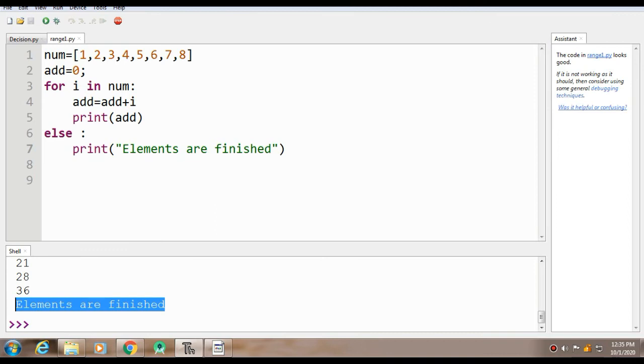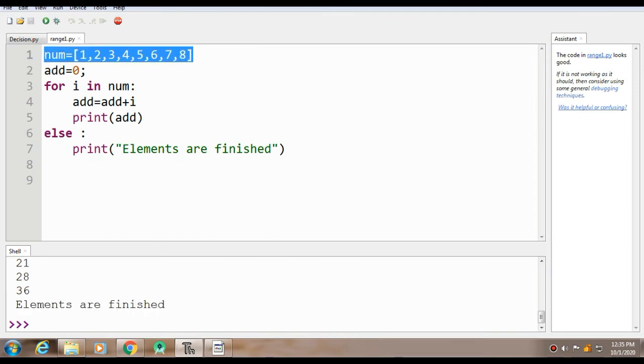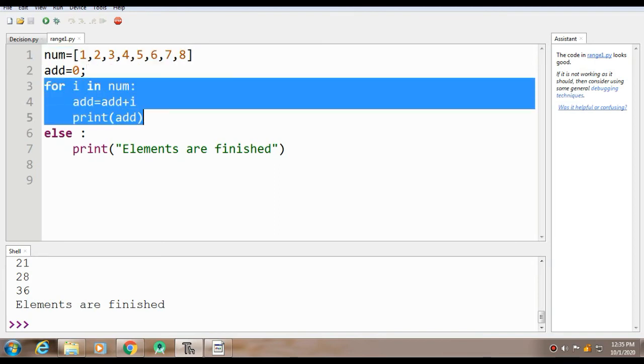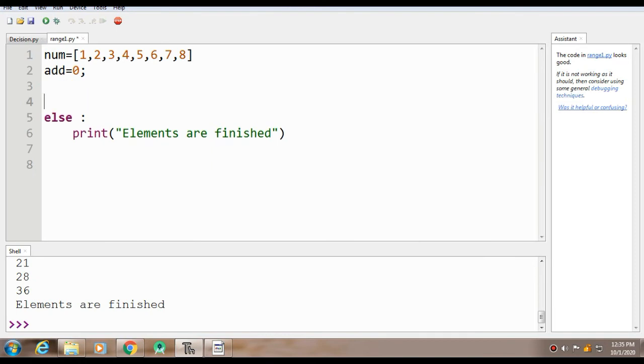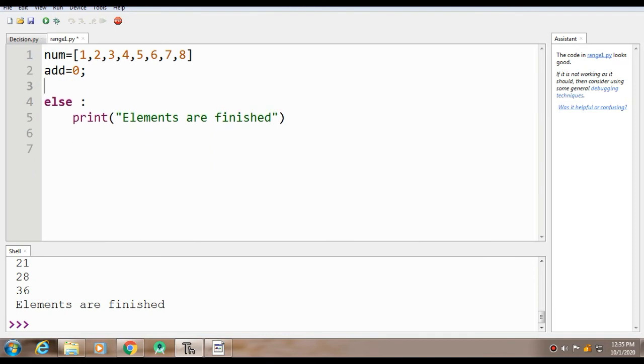So this is the purpose of the else statement in Python. Now similarly we have the while statement. If we are using while, how will this while work? If you want to work with the while statement, suppose these are the numbers. The only difference over here is that I have to declare the value of i beforehand, because in a for loop you can instantiate a variable on the spot, but if you are using the while loop, you have to declare the value beforehand.